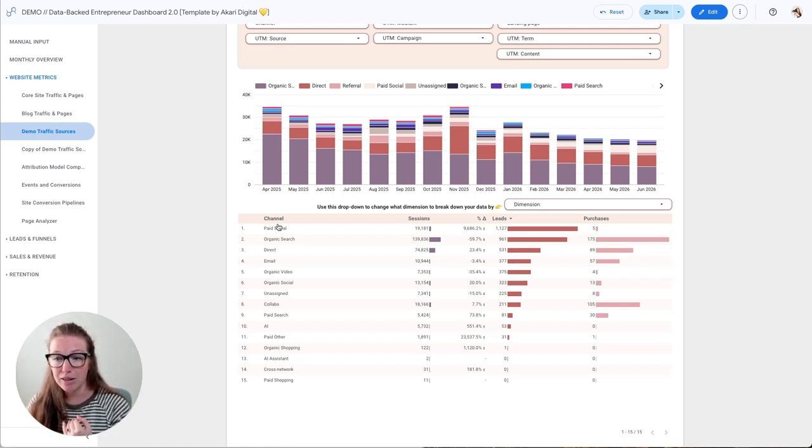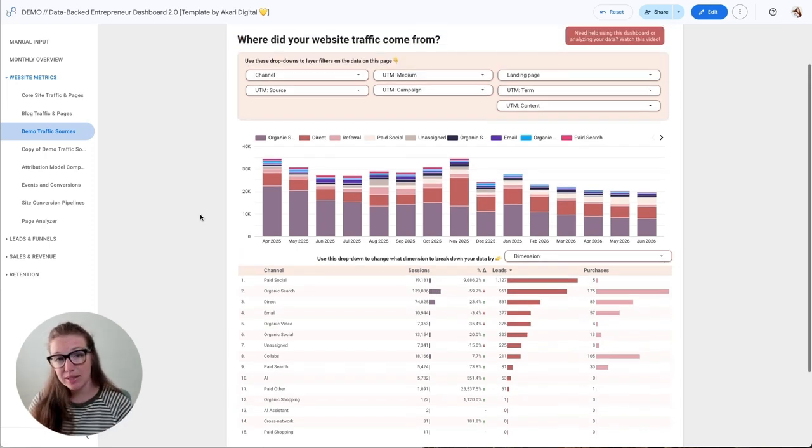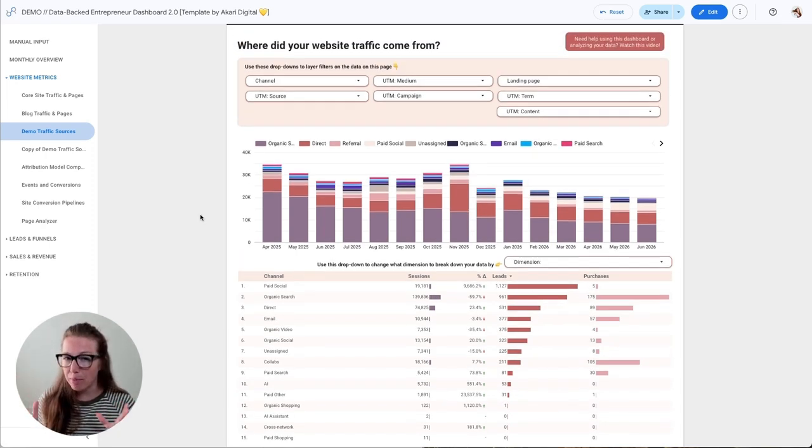And you can see here that this account has paid ads running. They're coming through as paid social because I've used UTMs, which I'll show you how to do. And it tells me exactly how many sessions came through from paid social, how many leads came from those sessions, and how many purchases came from those sessions. So I can see that perfectly in here. But this dashboard here is still only telling one part of the story.